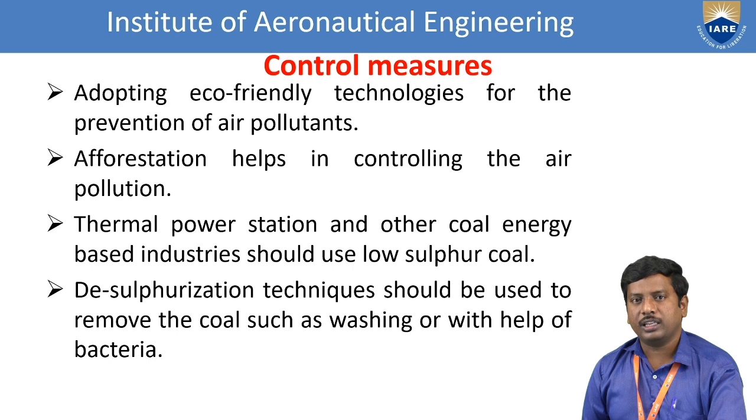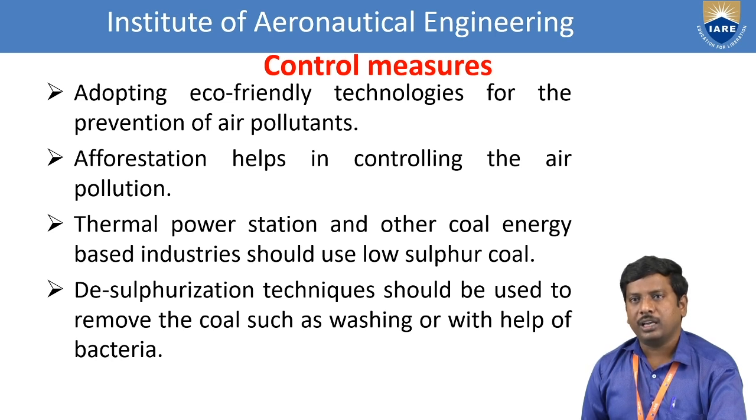So now, based on the effects of air pollutants on various categories, namely on human beings, on plants, on materials, and by taking secondary pollutants, namely peroxyacetyl nitrate, there is a need to control air pollutants from air pollution. So now we see what are the control measures for controlling air pollutants present in the environment. So this is about the control measures of air pollution.